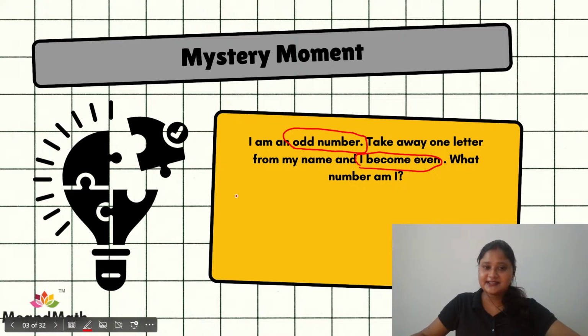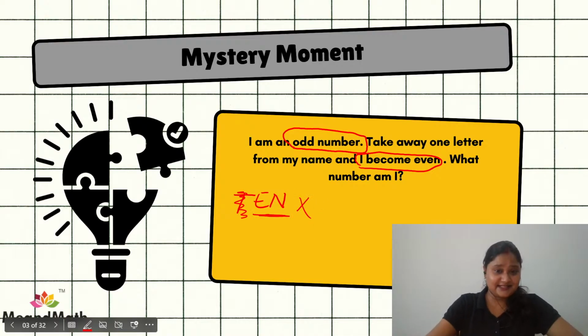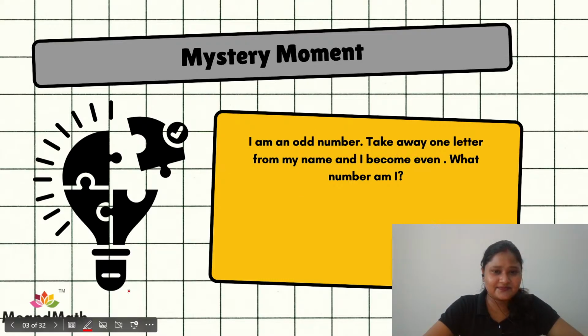Okay, so it's T-E-N. If I'm removing just one letter, I have to remove, right? If I'm removing this T, I'm left with En. So this is not the right answer. The right answer is